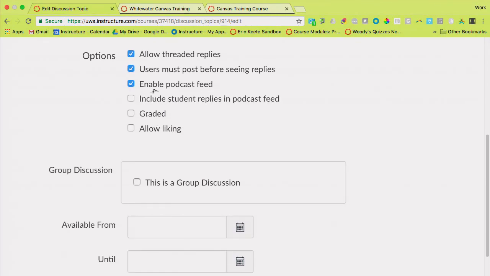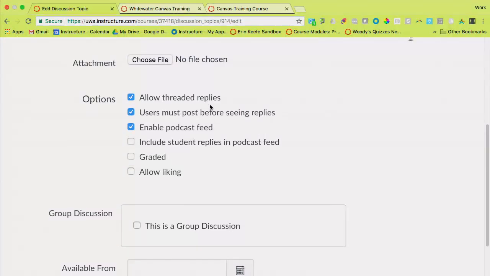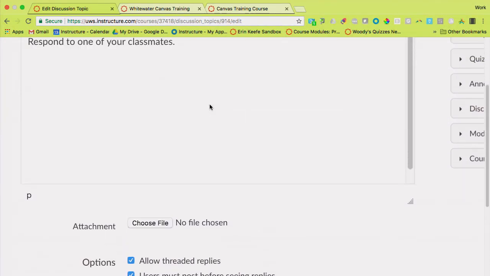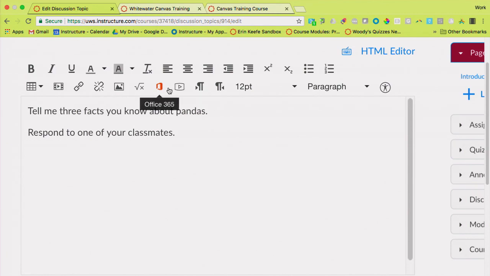You can enable a podcast feed. And just like we talked about with announcements, that's there because this doesn't necessarily have to be a text discussion. This could be an audio discussion where you're asking students to post an audio file or a video, because they're going to have the record upload media tool, or if they're using the mobile app, they're going to be able to use the video camera or the microphone on their phone to respond.